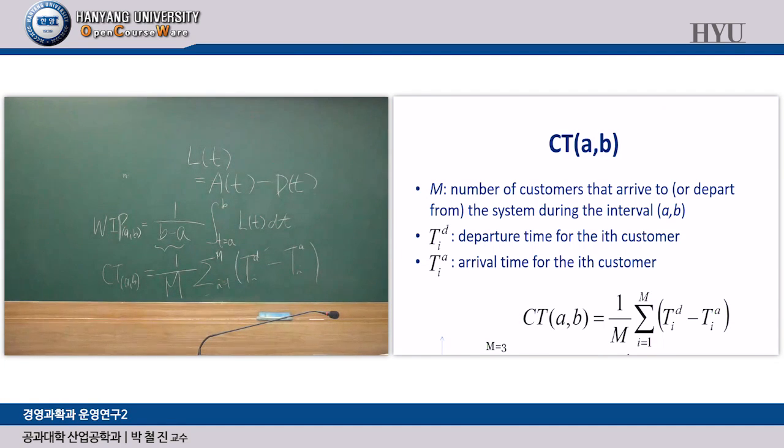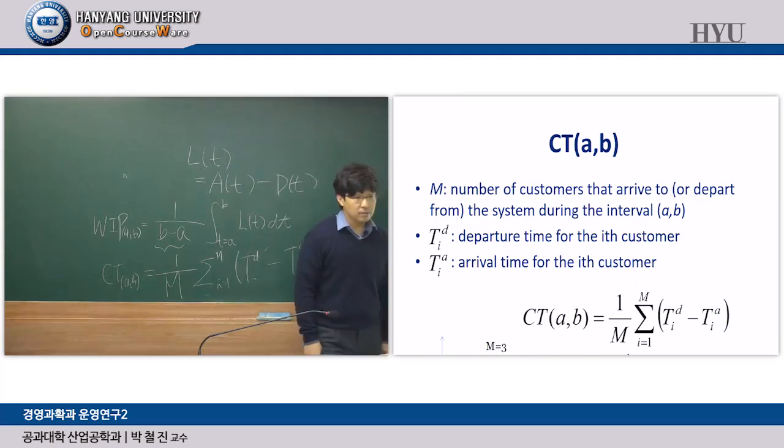Because we consider a single server queue, a very basic queuing system, this happens. You can interpret this in two different ways, because we consider customers one by one. When we consider the summation of departure time minus arrival time for each customer, it is the same as the area of the light blue plus. And then the area of the light blue plus can be rewritten as the integral from a to b of A of t minus D of